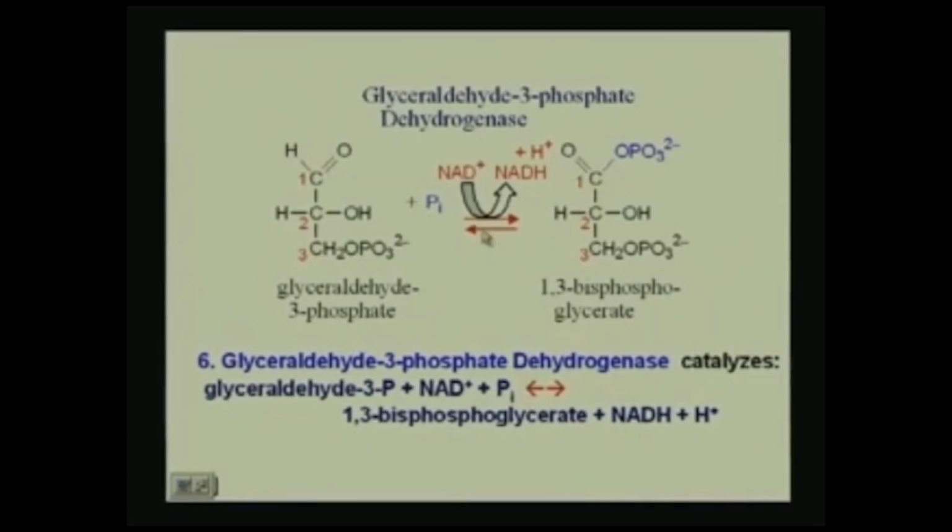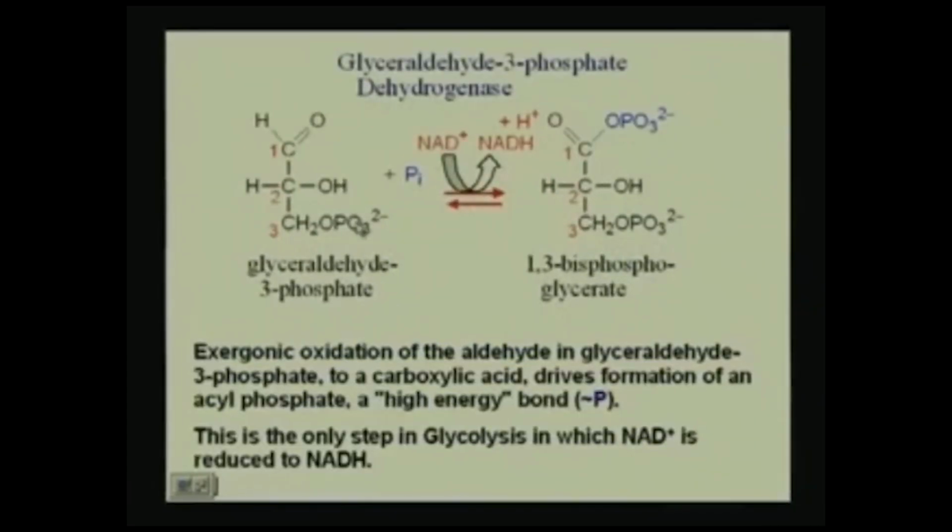So this is our 6th step, where what has been done is we have added a phosphate using NAD+ forming NADH in a reversible step. Now in this case, this is the only step in glycolysis where NAD+ is actually reduced to NADH. This step uses glyceraldehyde 3-phosphate dehydrogenase, because you have this hydrogen being removed from the aldehyde group and you have a phosphate introduced by the Pi that comes in as a factor to form